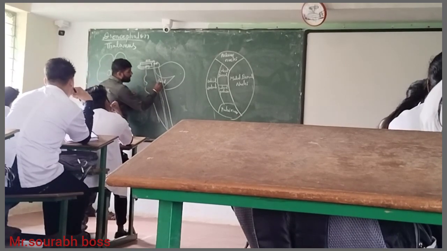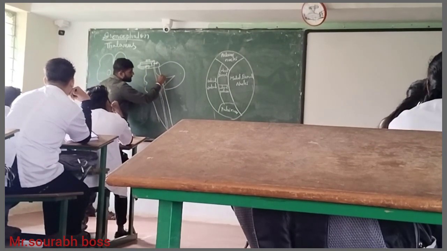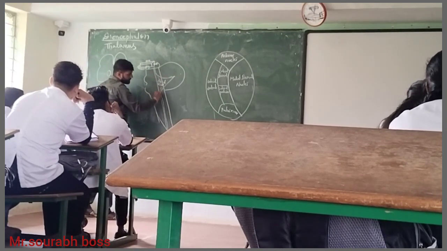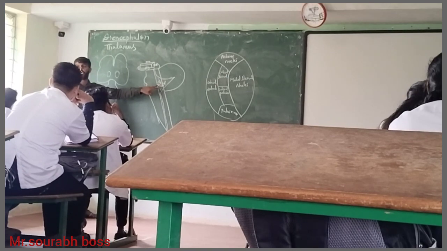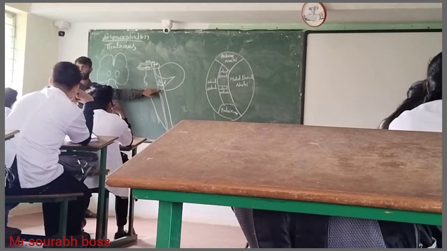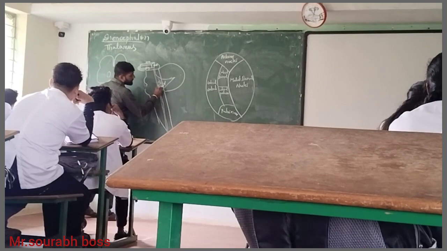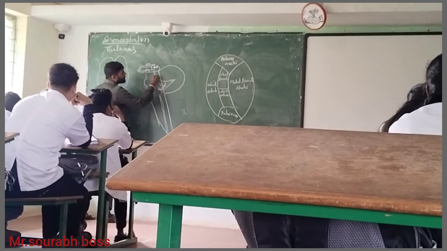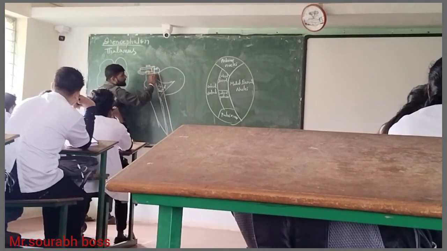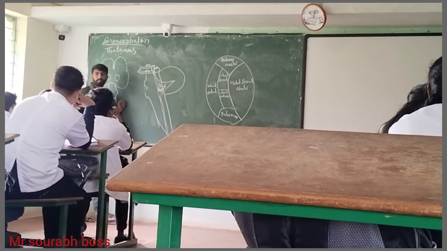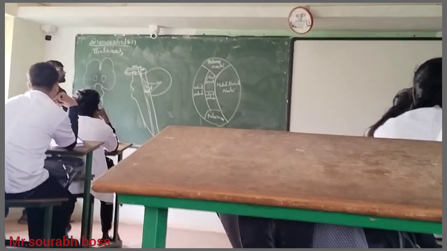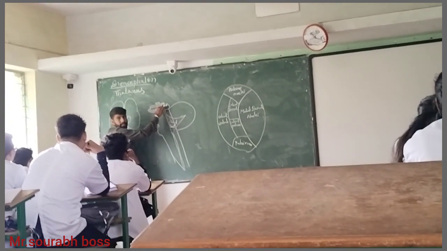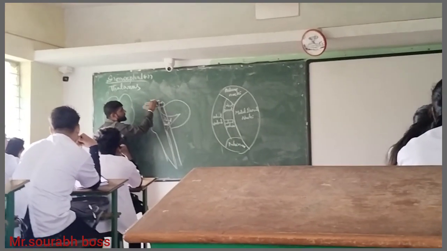CSF, easy. But what do we call this one? The hindbrain, because it is in a diamond shape. It's the hindbrain, correct? So in the hindbrain, what fluid is there? CSF, cerebrospinal fluid. So if it goes like this, the fourth ventricle is attached to which ventricle? The third ventricle, correct? This is the third ventricle. It is a bridge which connects the